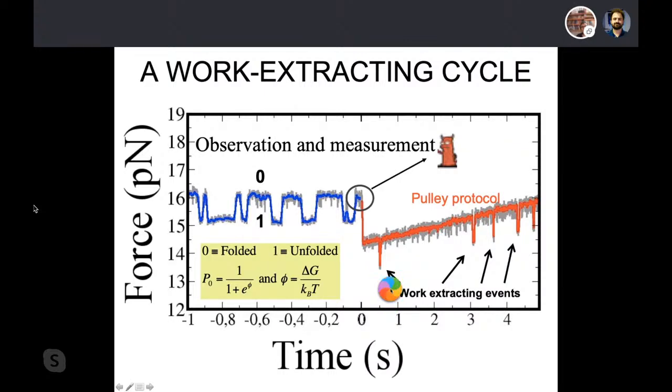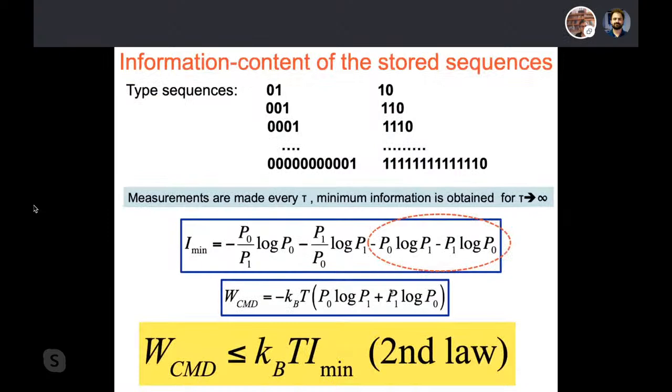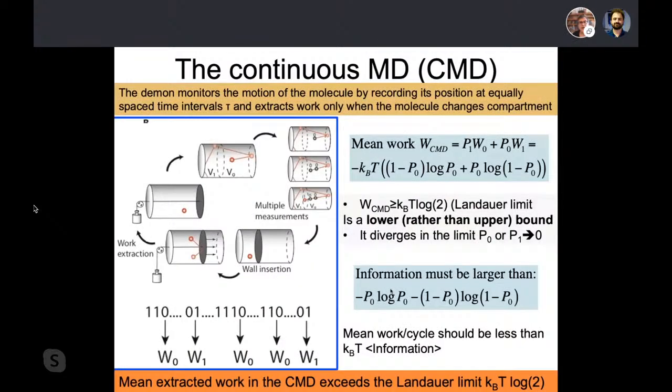Now, this experiment was done with a classical Szilard, and what I want to show you is that you can do exactly the same with a new version that we invented in collaboration with Marco Rivezzi, who is now in ESPCI Paris, the so-called continuous Maxwell Demon. This is a new version of Szilard, which we were surprised that no one has proposed since 1929, when Szilard proposed a model, because it's a solvable model, which is, if you want, the other limit case of what one could imagine to implement experimentally.